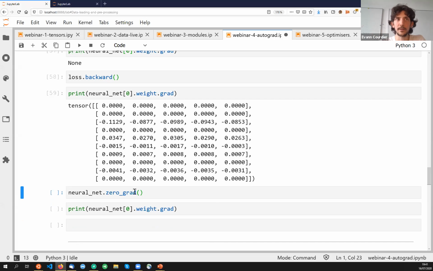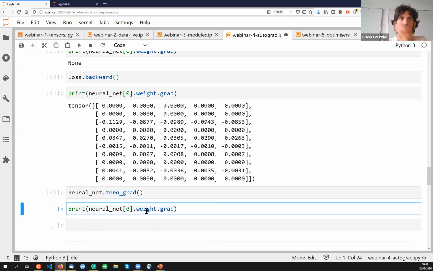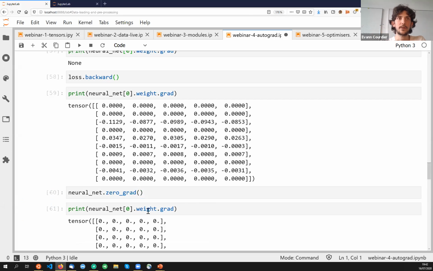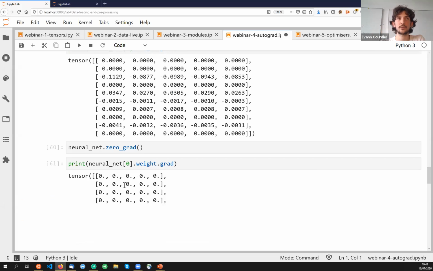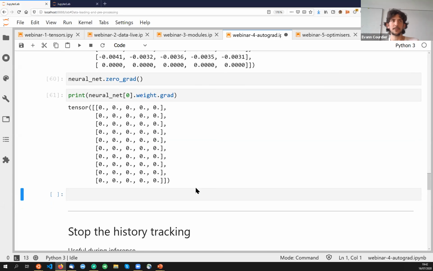So to do that, modules have a specific function called zero_grad, which you can call directly on the model. So here neural net, and this will zero the gradients of all the parameters. If we run that, we can check that afterward the gradient of our weight tensor is set to 0. So that's something that you will need to do between each time you see a sample in your training loop,